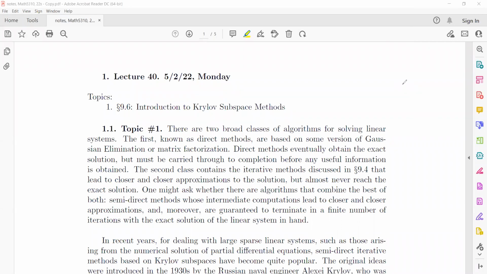Today is the last class of this semester. In today's class, I briefly introduce Krylov subspace methods. In numerical linear algebra, there are two broad classes of algorithms for the solution of linear systems. The first class,